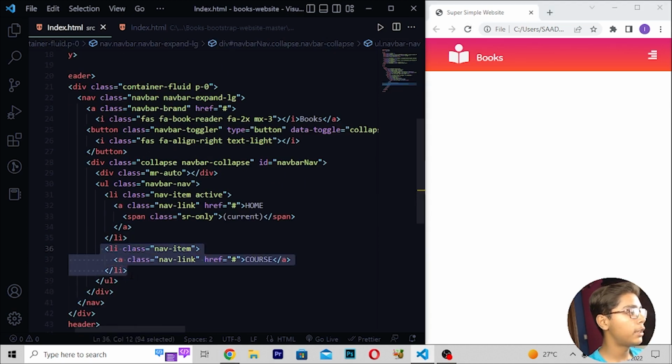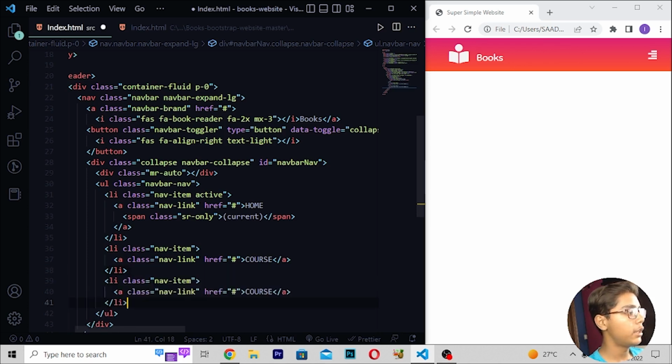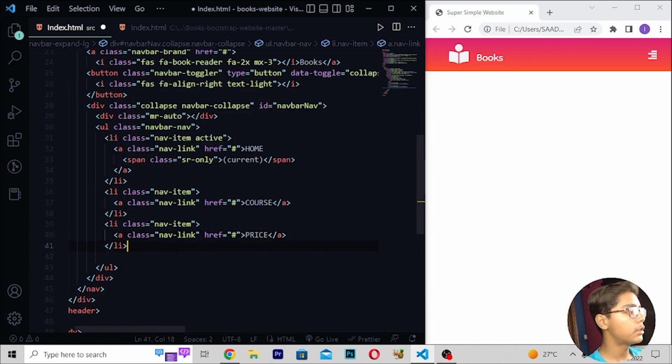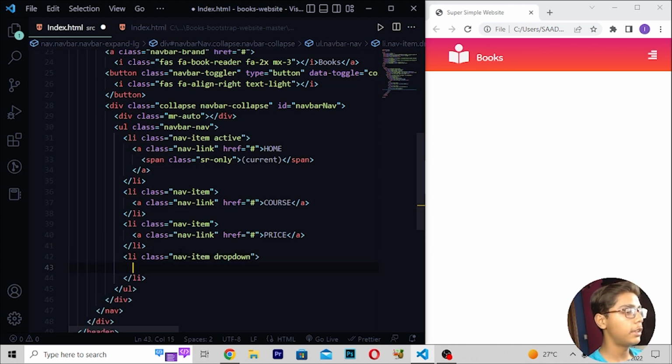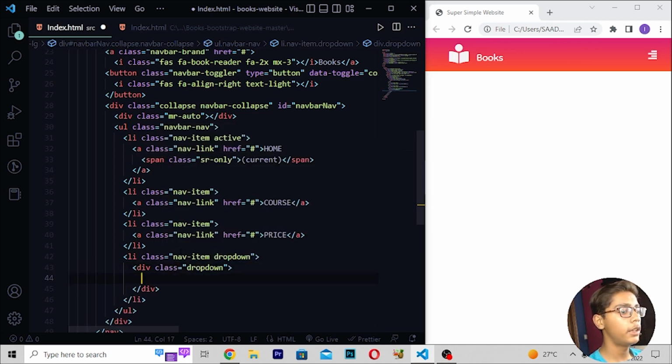Now when you are getting this, here I will be copying this, then you have to paste this, and then you have to just do one thing. Here I will be now moving, right here price. Then I will be just doing one thing, I'll be moving down, right here li class, then I'll be writing here nav item, then I'll be writing here drop down, like this. Then when you've written this, here I'll be moving down, right here div class, then here I'll be moving and writing here drop down, a tag hashtag, right here nav link, then right here pages. So here I will be now writing pages, like this.